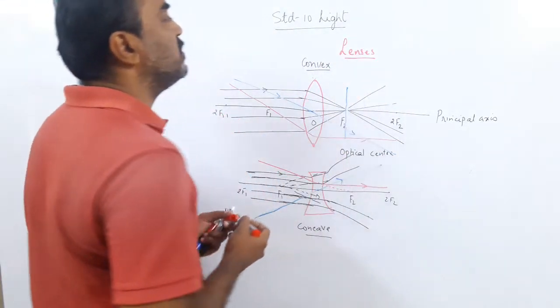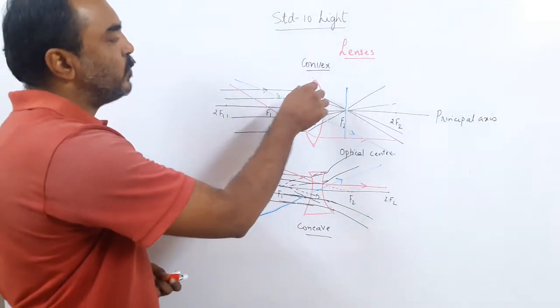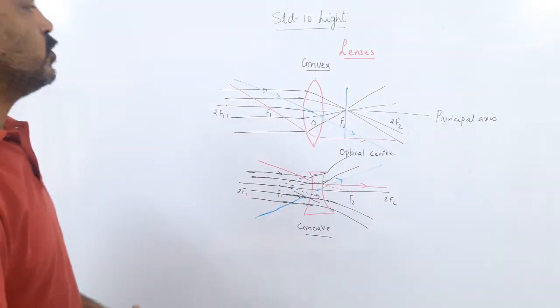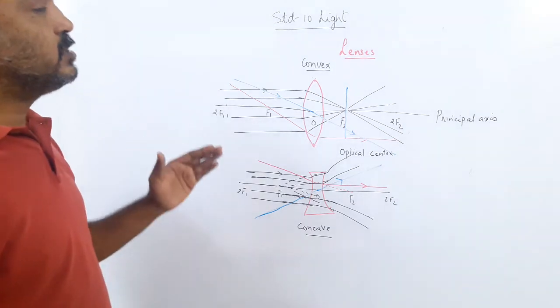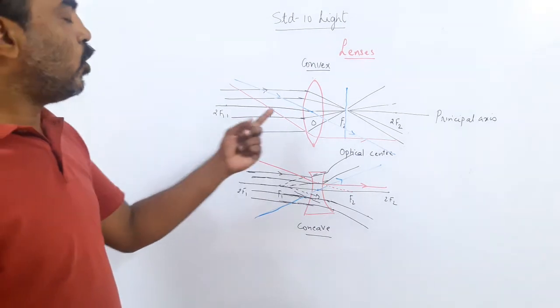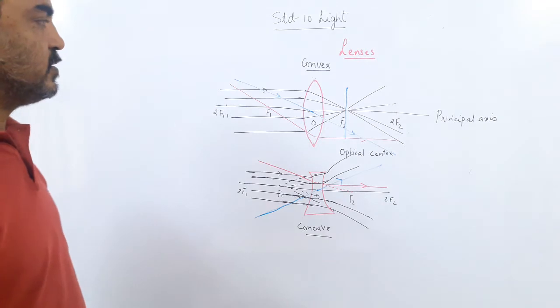And we had seen the different shapes of the lenses. But we are only going to take a biconvex, convex on both sides, and biconcave, concave on both sides. So today we are going to do the nature and position of the image when the objects are placed at different distances in front of the lenses.